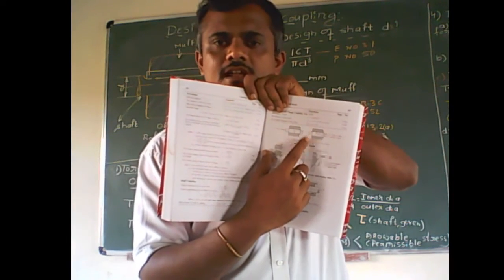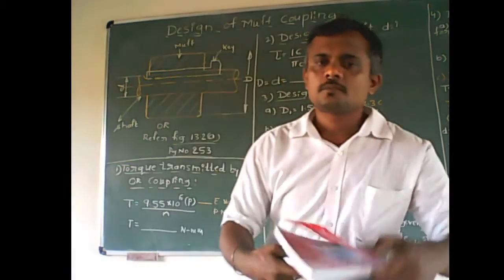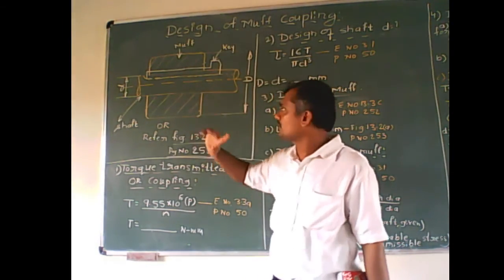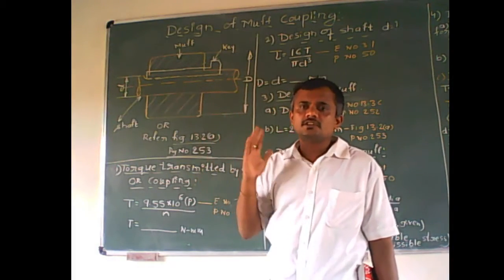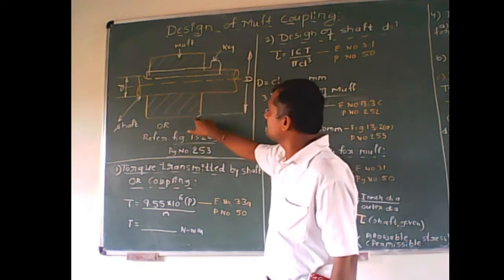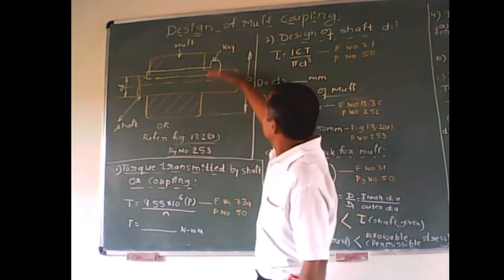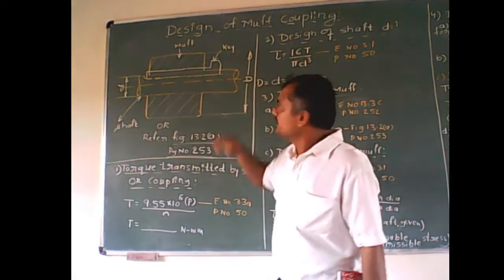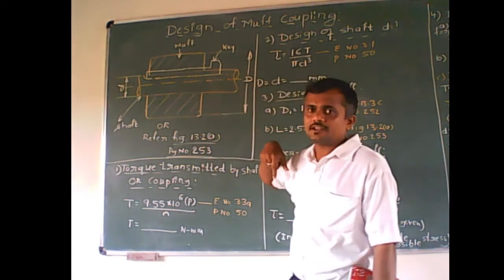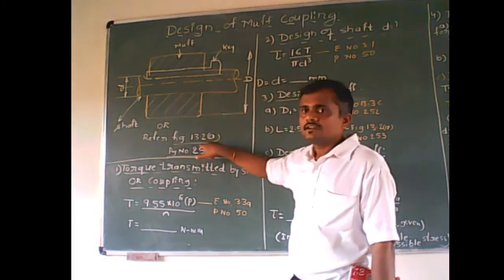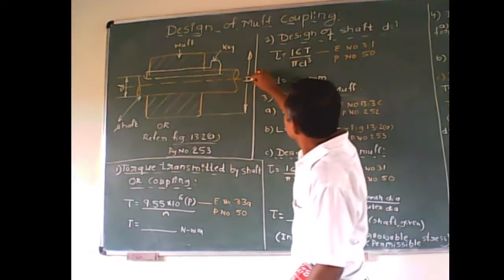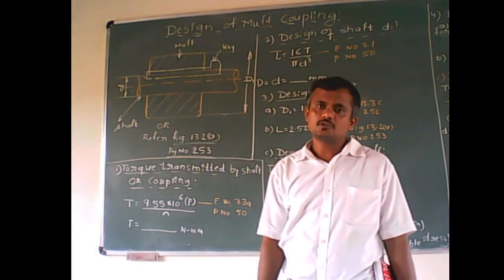For your clarification on the parameters, what do you mean by this length? It is called capital L. If you are taking a small l in a textbook, then you have to concentrate on the figures which are given along with the notations. What do you mean by L? And what is the diameter? This is the diameter of the muff, and this is the diameter of the shaft. Here I have written the diameter of the muff as capital D. But according to this figure, the diameter of the shaft is D1. Therefore, we have to go according to the data handbook figure.